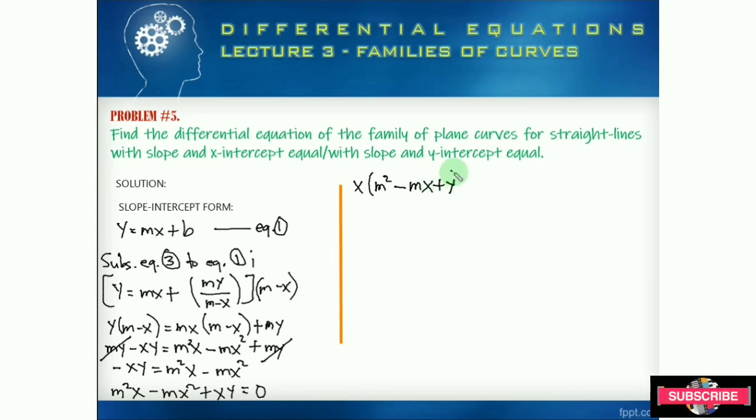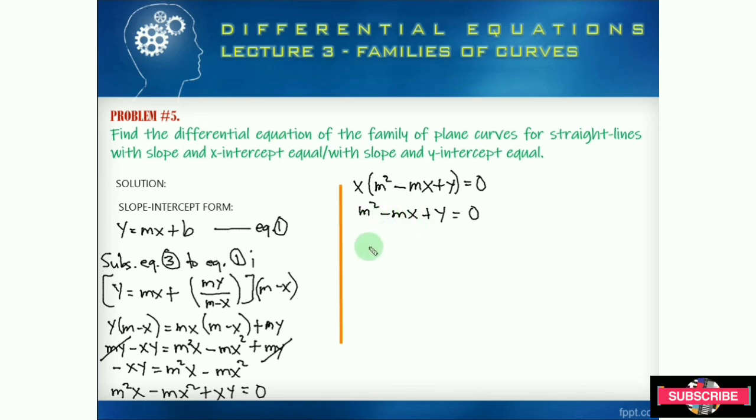Okay, is equal to 0, so this would become m squared minus mx plus y is equal to 0. Okay,